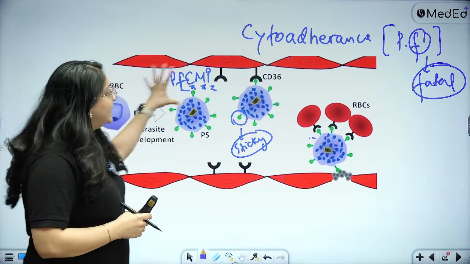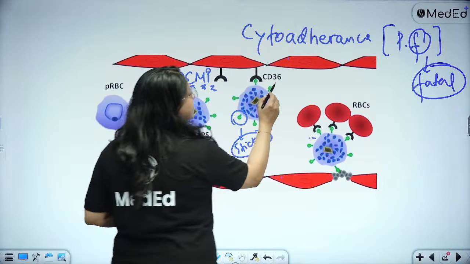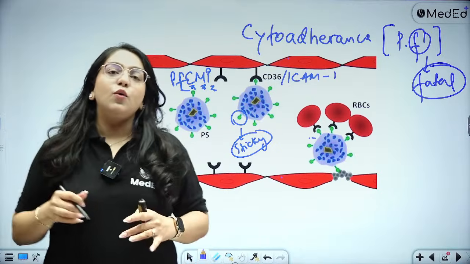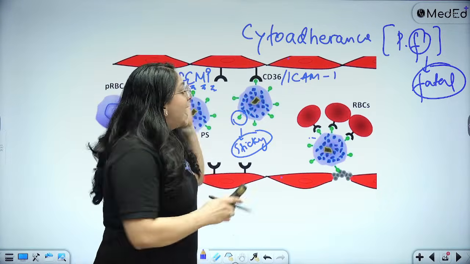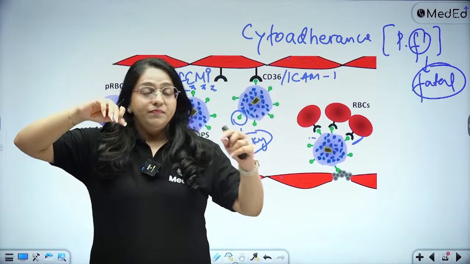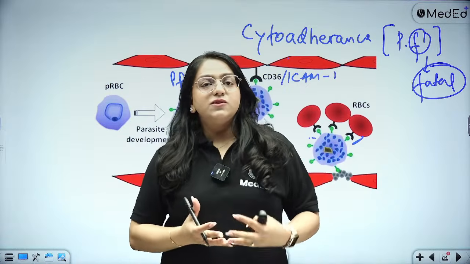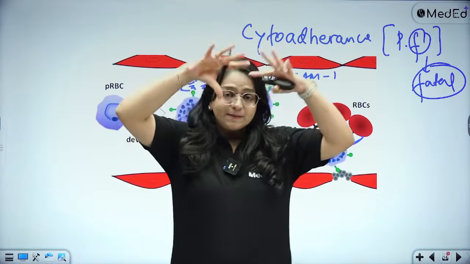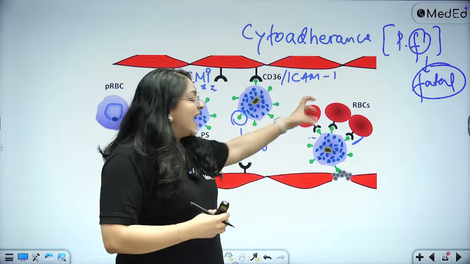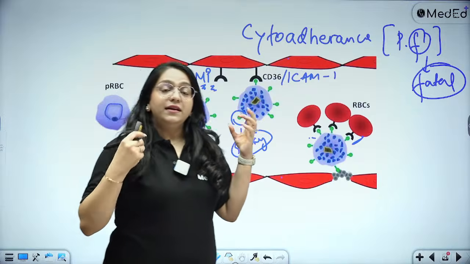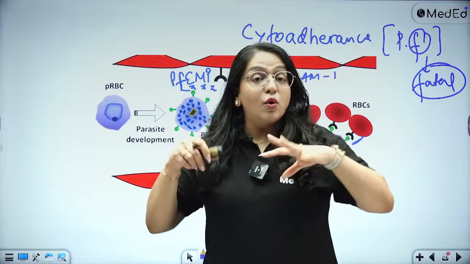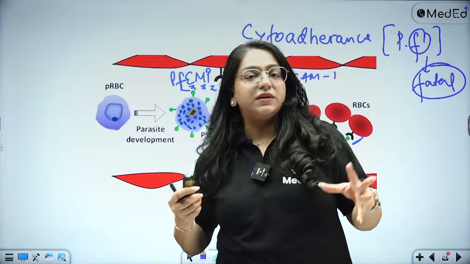So these are the endothelial cells. The endothelial cells have either CD36 or ICAM1 receptors. So these sticky RBCs go on and stick to these ICAM1 receptors, and they also stick to other normal RBCs. So what ends up happening is, inside the blood vessel, there is a conglomerate of normal RBCs and parasitized RBCs, everyone has stuck together and makes large aggregates. Now that is going to interfere with the blood flow, that is going to lead to damage to the endothelial cells and all of the cerebral malaria, effusions, and all of the signs and symptoms